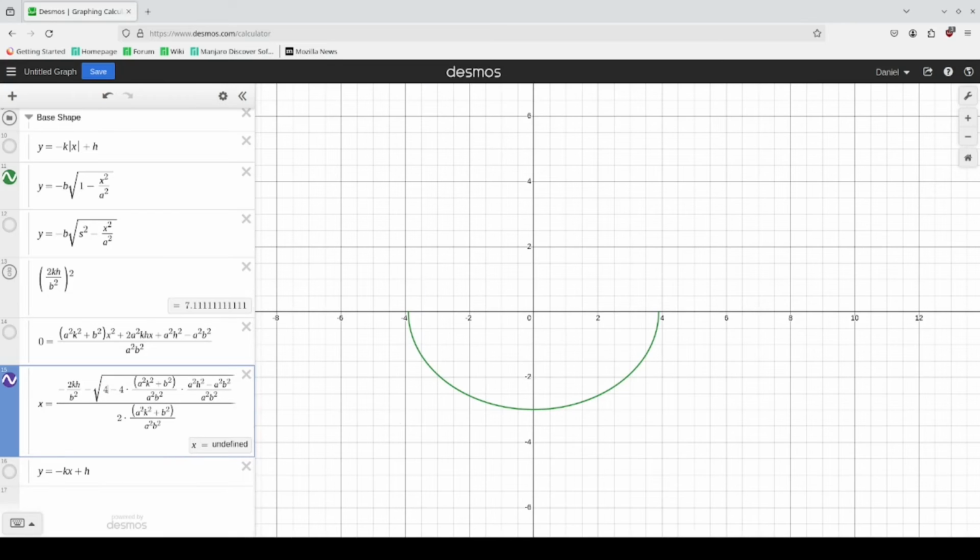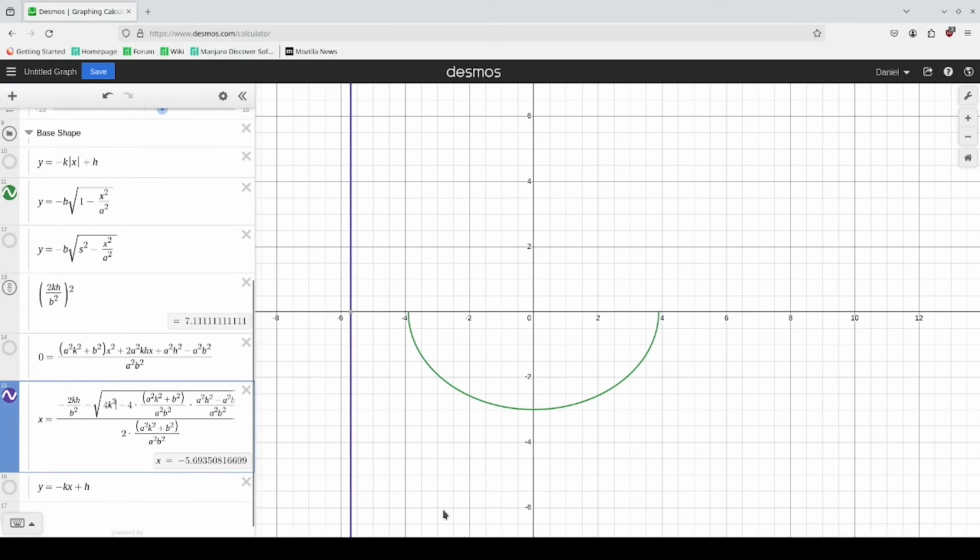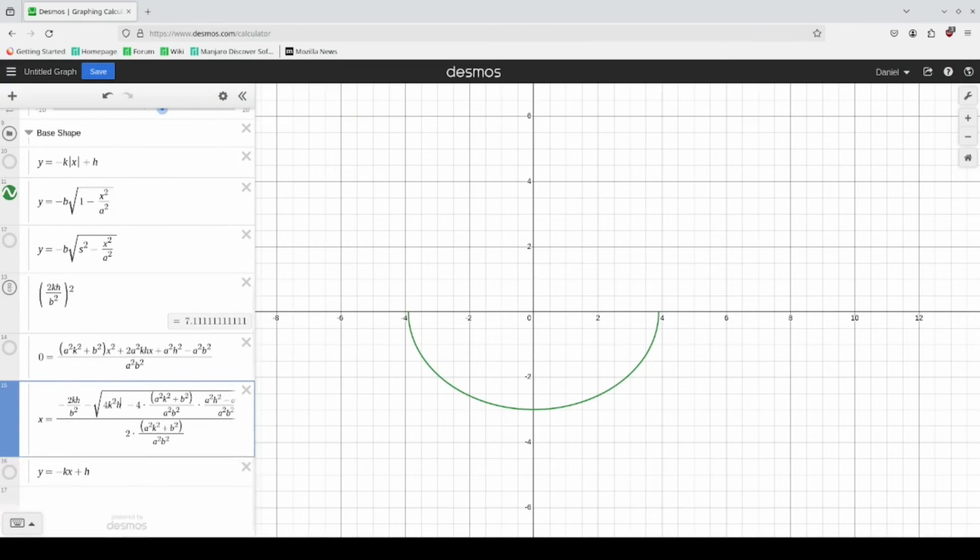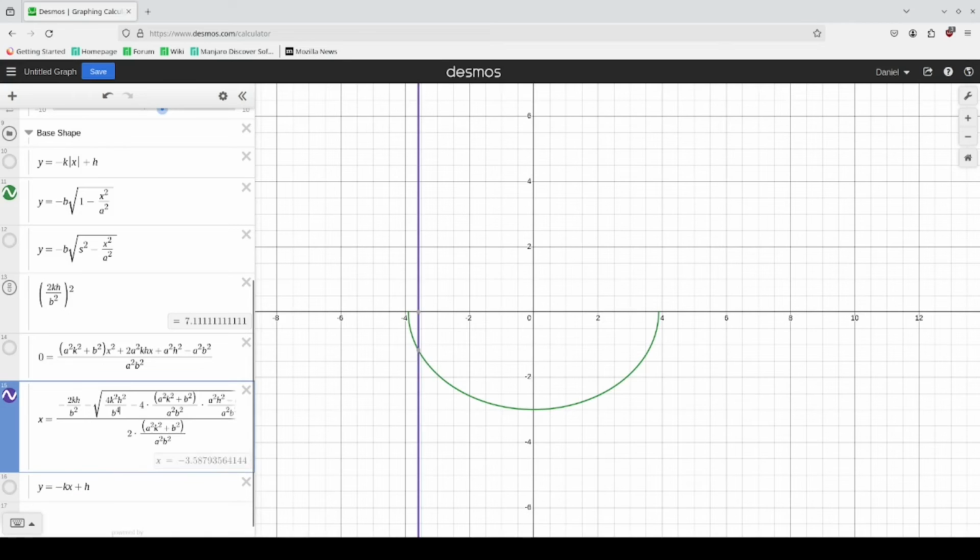This is 4kh 8 squared over b to the fourth. This one I'm going to expand this out, and I